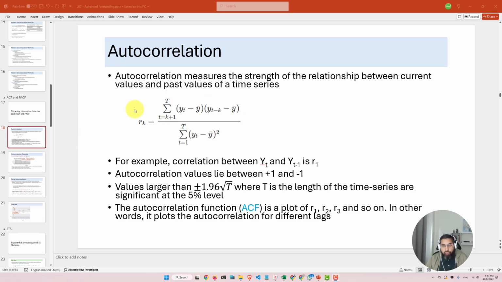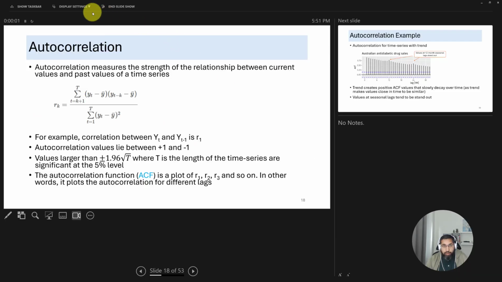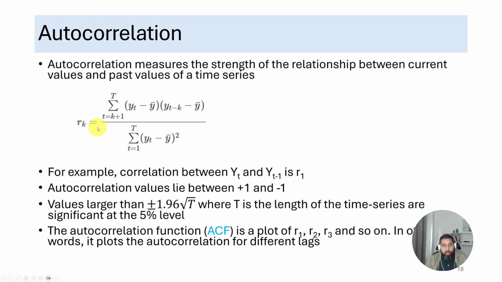If you look at the formula on the screen, you can look at the definition. You don't have to worry if you don't understand the mathematical equation, but I'm just going to explain some highlights. You're looking at y at time t minus the mean, because correlation always looks at the difference from a mean. If you're above the mean, are you likely to be above the mean on the other variable? If you're below the mean, are you likely to be below the mean on the other variable? That's just how correlation works.